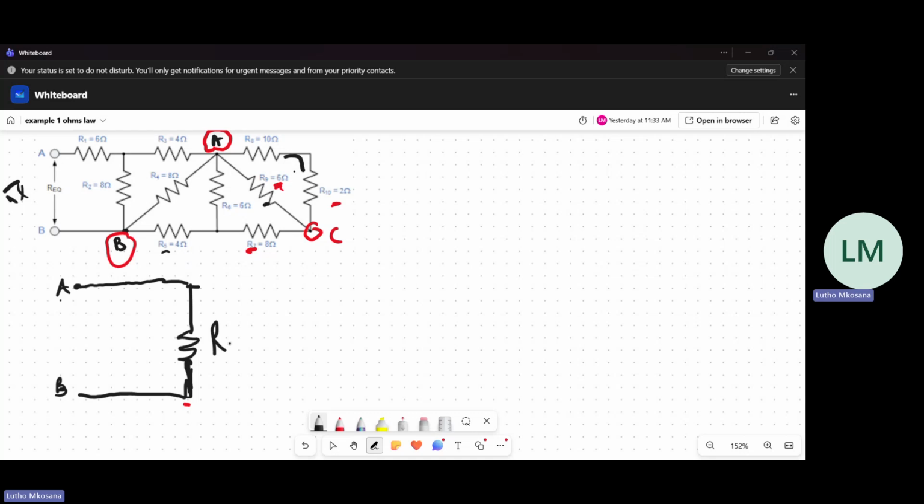This will be R equivalent. And this is what the meter will be seeing when we are using it, exactly this, and then it will be able to measure our value. But using calculation, this is how we would analyze this particular circuit. It was an example. So now I'll stop sharing and go back to our slides so that we can do